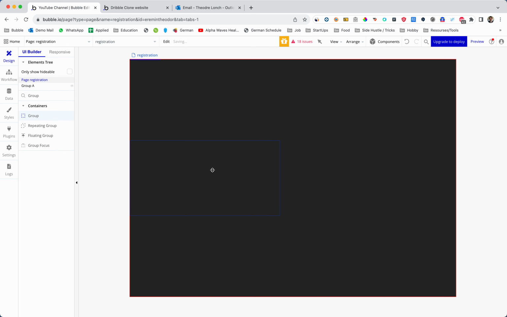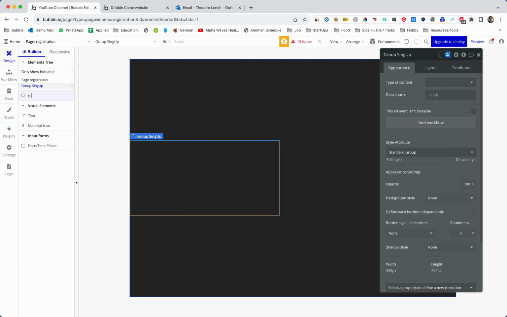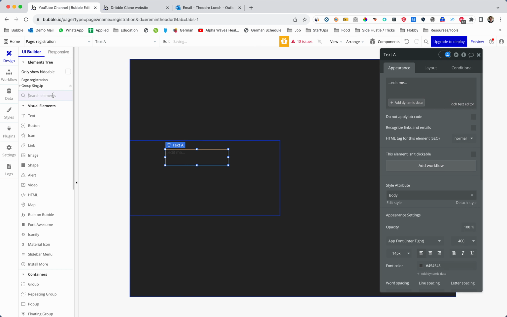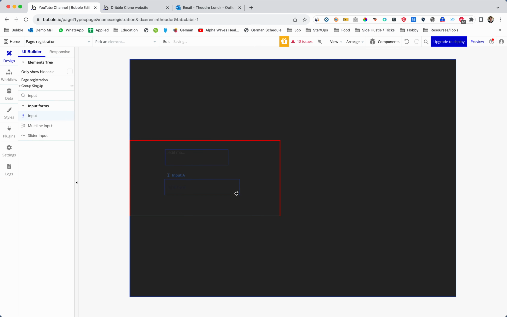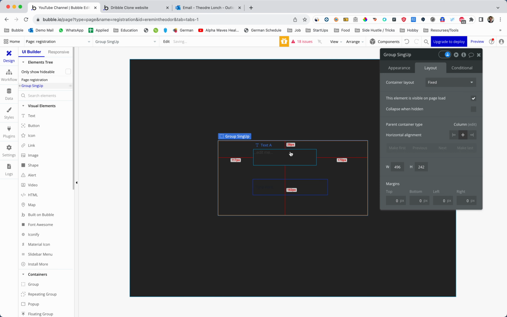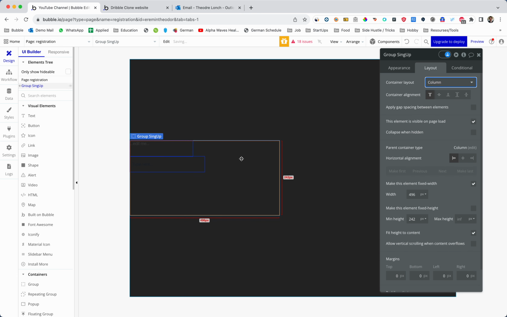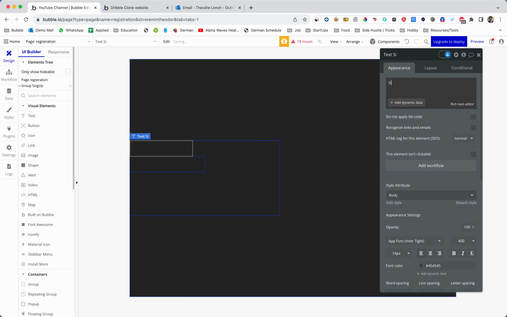on the page. This group element is going to store our sign up elements, and inside this group I'm going to place text, and I'm going to put some input. Now I have a group. I'm going to align it to the center of a page, and I'm going to change the layout of my group. It's going to be a column. So in the editor, I'm going to change the text. The text is going to be sign up,